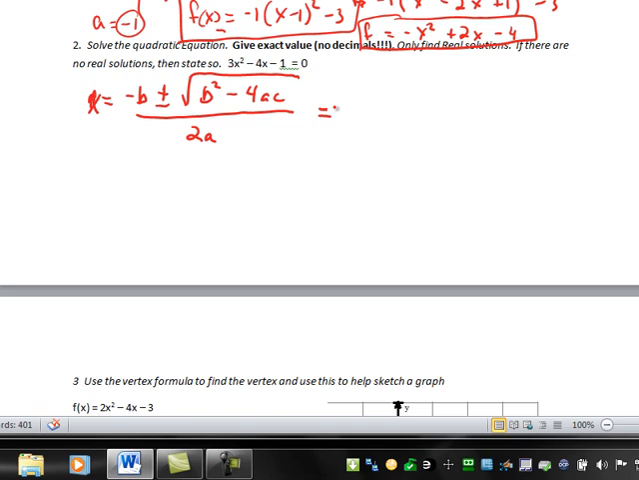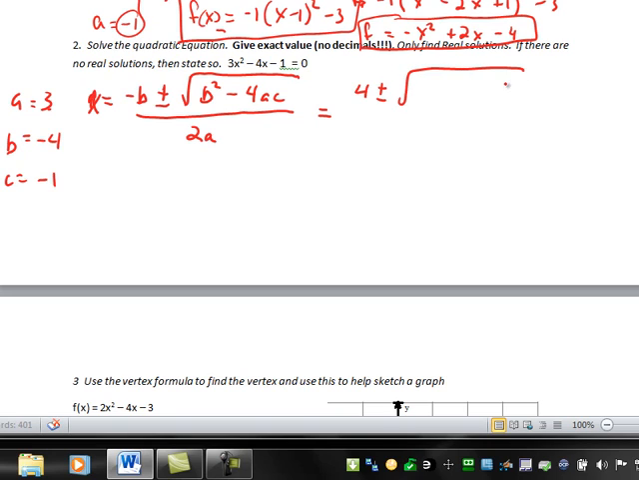Okay, now we're going to plug in. So we got A, B, and C. We can label these off to the side if we need to. I think most of you are good at labeling these. So A is 3, B is negative 4, C is negative 1. Just be careful with your signs. Make sure the sign carries over when you plug it in. So negative B, so I'm going to have negative negative 4, which is a positive 4, plus or minus the